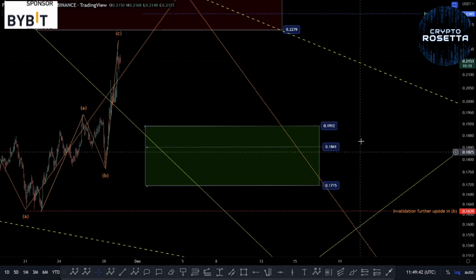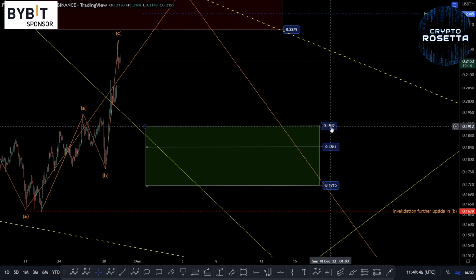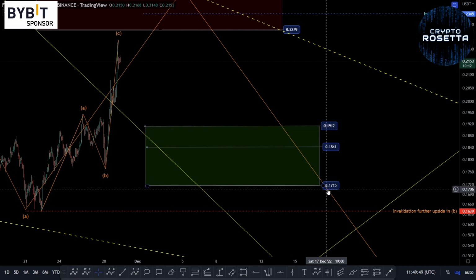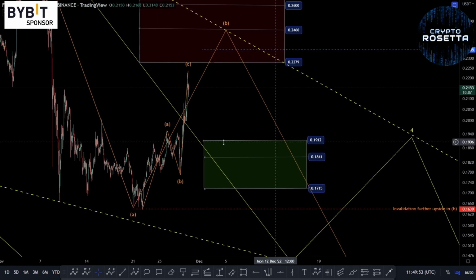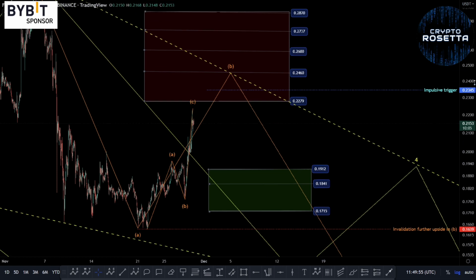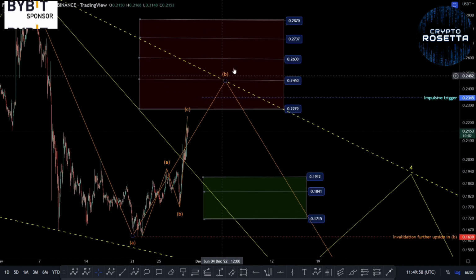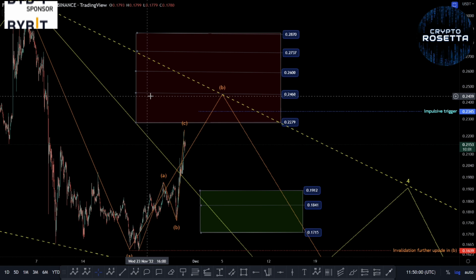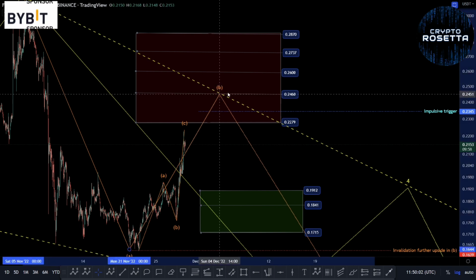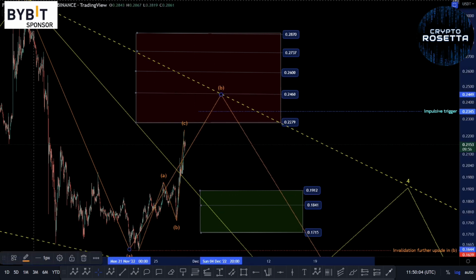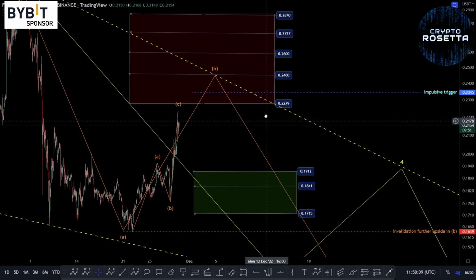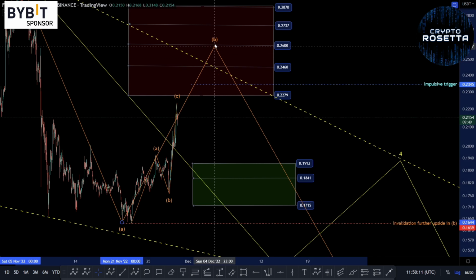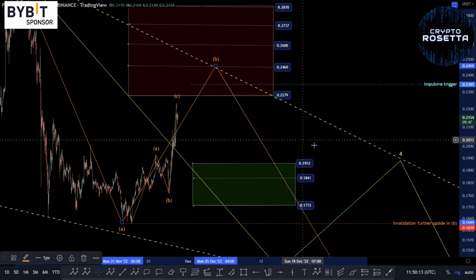So the target area for support, if we're gonna continue up, is 0.1912 and 0.1715. Moving down into those zones could mean we're looking to form a bigger B wave up here, and I've just temporarily thrown this onto the 0.618. So that's 0.618 of this move down here. And if that's the case, then it depends how high this goes as to how low our C wave is.